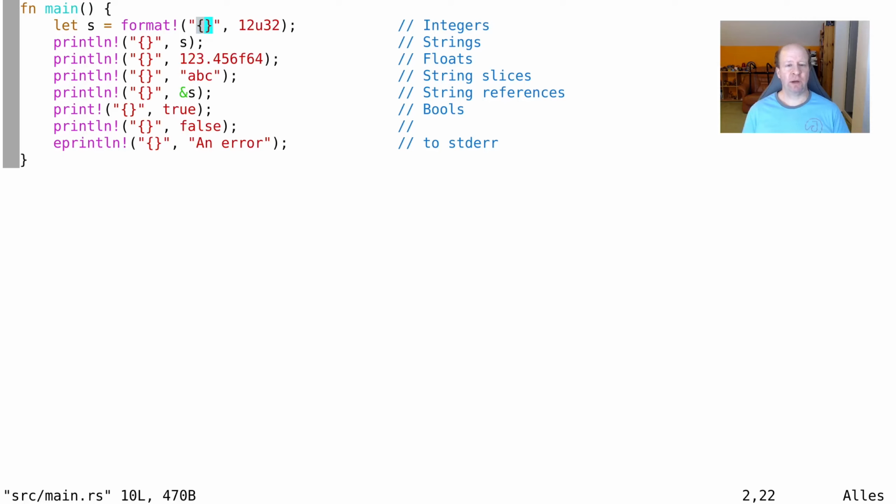That's similar to what Python does with formatting. If you just put an empty pair, then you can essentially put an arbitrary value. We'll come to this later as an argument. And if you put multiple pairs, then you can put multiple values here. And the thing is that the compiler actually looks at the types and knows what code to generate. For example, you can print integers, strings, floats, string slices, references to strings, Boolean values, and